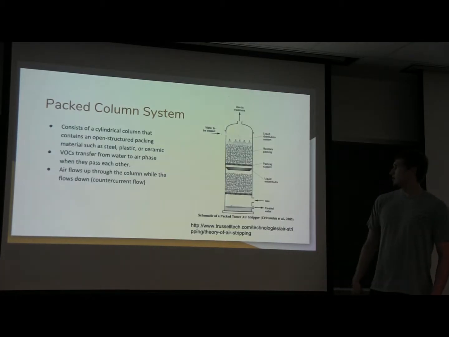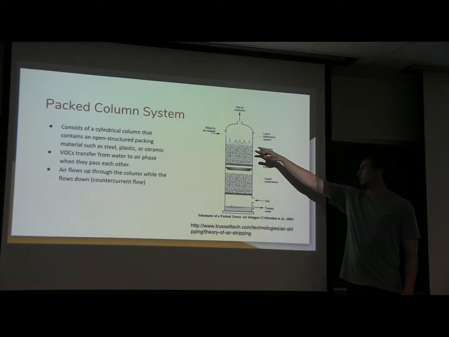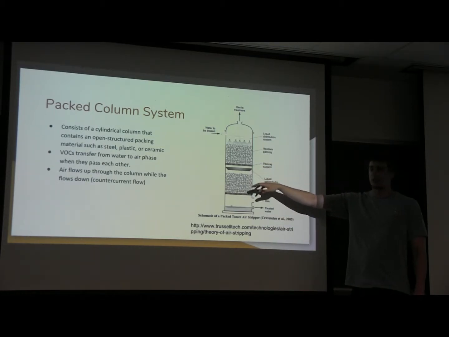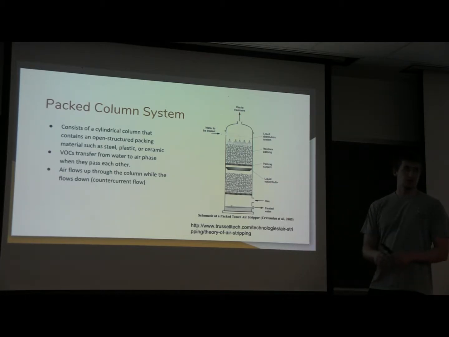And then the next type is a packed column system. This system uses a large column filled with packing material. So the water is brought in from the top and trickles down through the packing material. The goal of the packing material is to actually distribute the water appropriately, so not all the water is going down one side or the other. This allows for more surface contact between the air and the water, and an overall more even and efficient contaminant